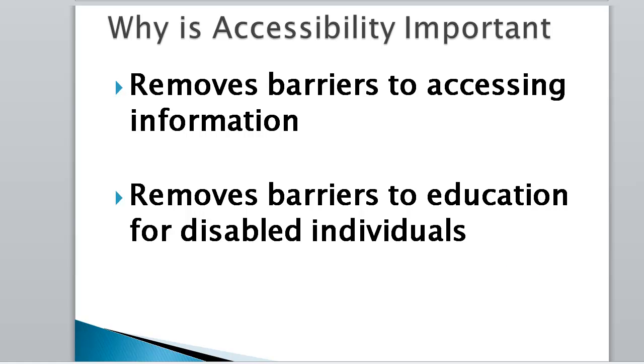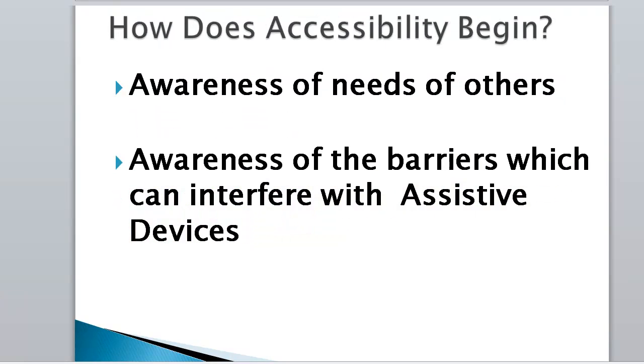Accessibility removes barriers to accessing information for everyone. Therefore, it removes barriers to education for disabled individuals also. Accessibility begins with the awareness of the needs of others. By becoming aware of the barriers